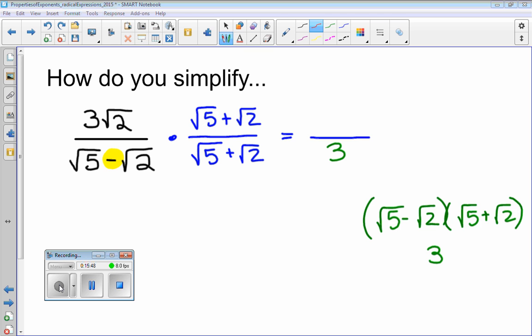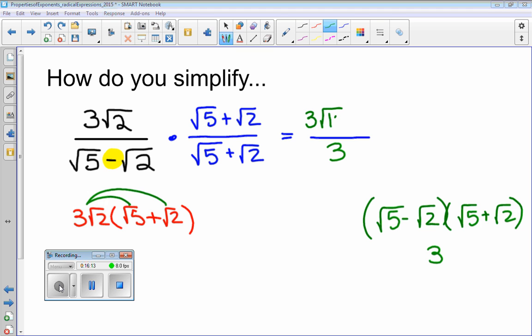I don't FOIL because I don't have two binomials. I just distribute. So 3 radical 2 times a quantity. I have a plus sign here. I have the square root of 5 and the square root of 2. That tells me I need to distribute this to both pieces, that plus sign. What is 3 radical 2 times radical 5? So that's 3 times 1 radical, 3 radical 10. Okay? Plus